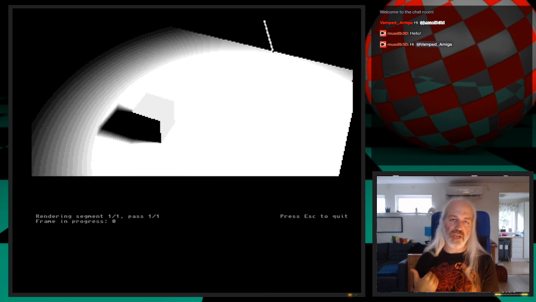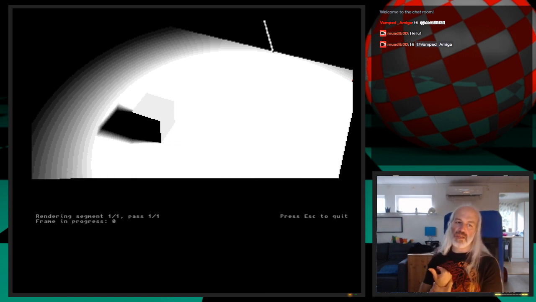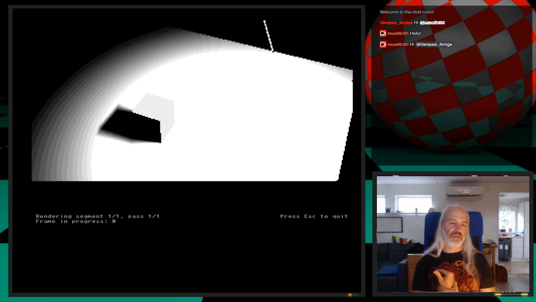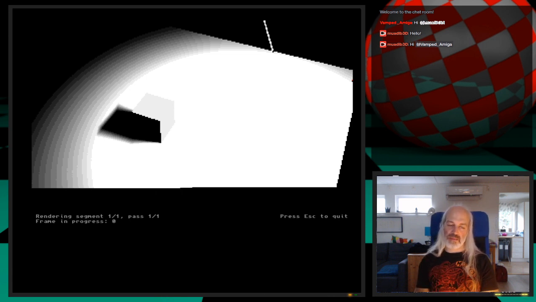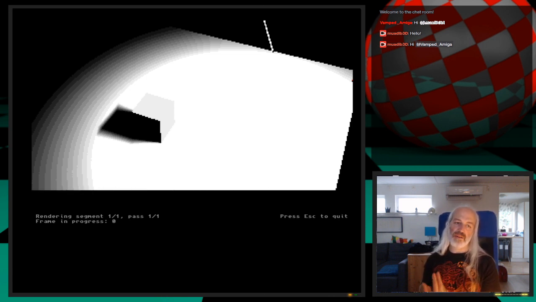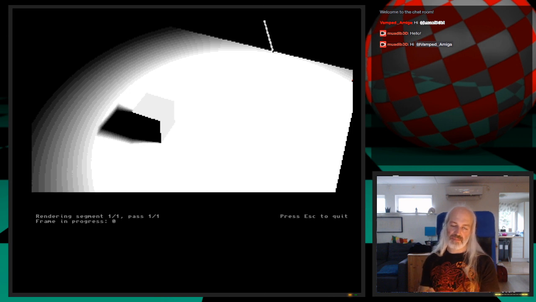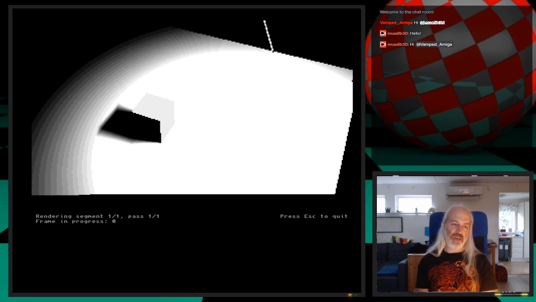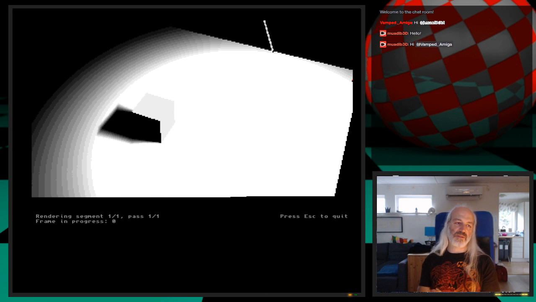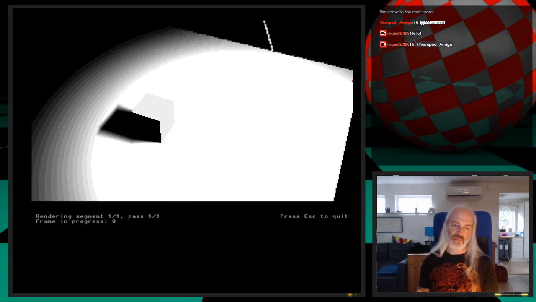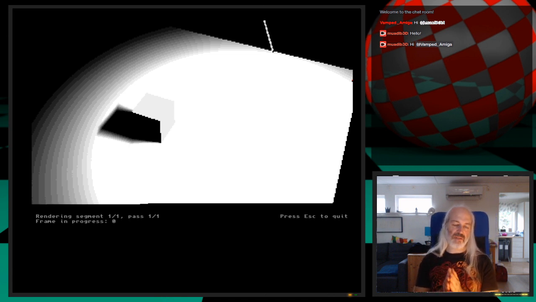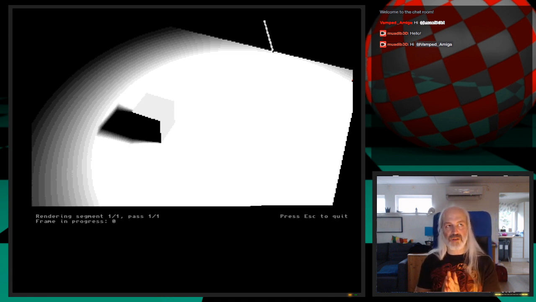so you can see that the more lights I add to my scene, the slower it is, but the higher the quality of the lighting. So there is one trade-off, and the trade-off there is rendering speed. So that is why